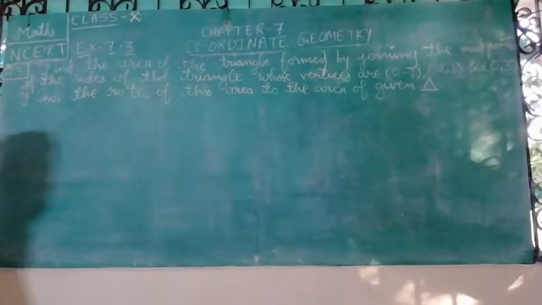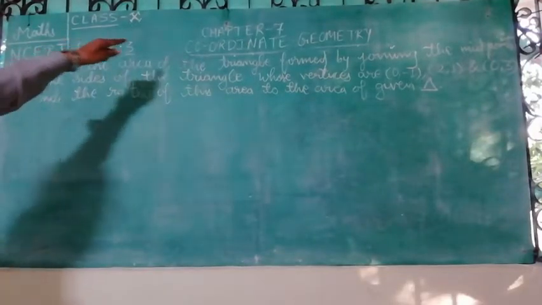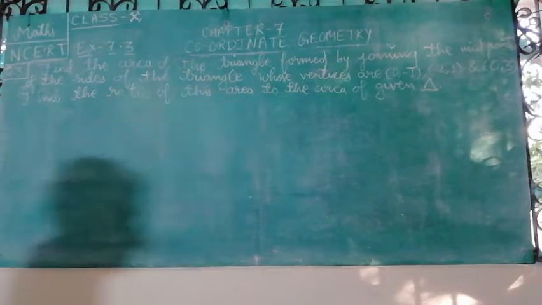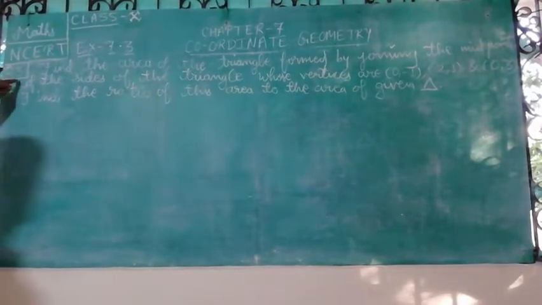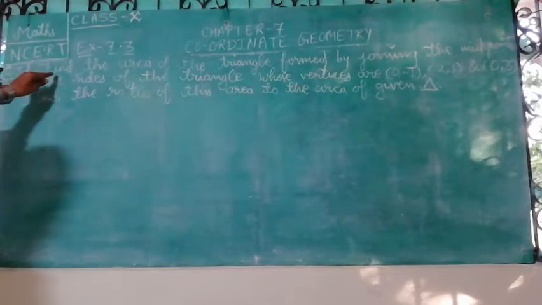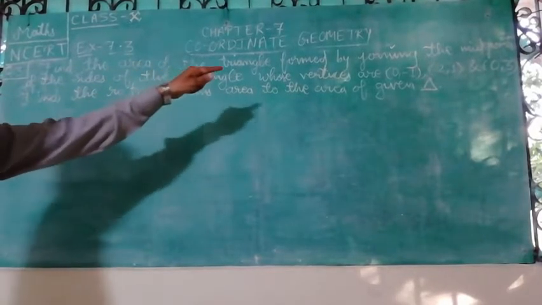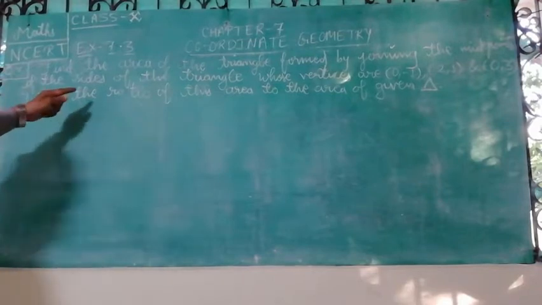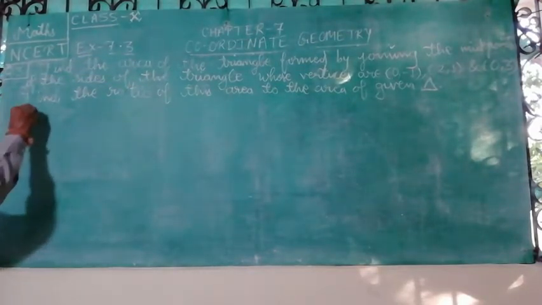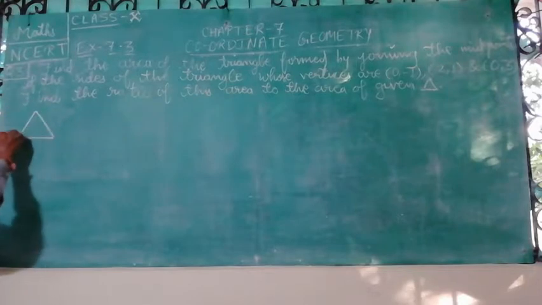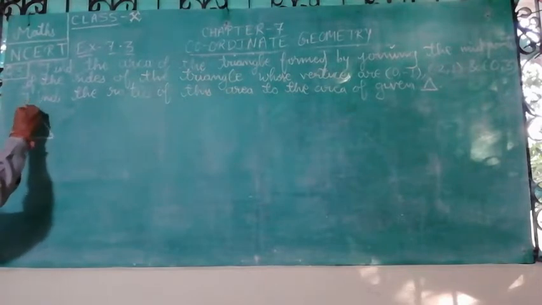Hello students, we are doing class 10th chapter 7, coordinate geometry, in which we are doing exercise 7.3 of NCERT, question 3. The question is: find the area of the triangle formed by joining the midpoints of the sides of the triangle whose vertices are given here in our question,